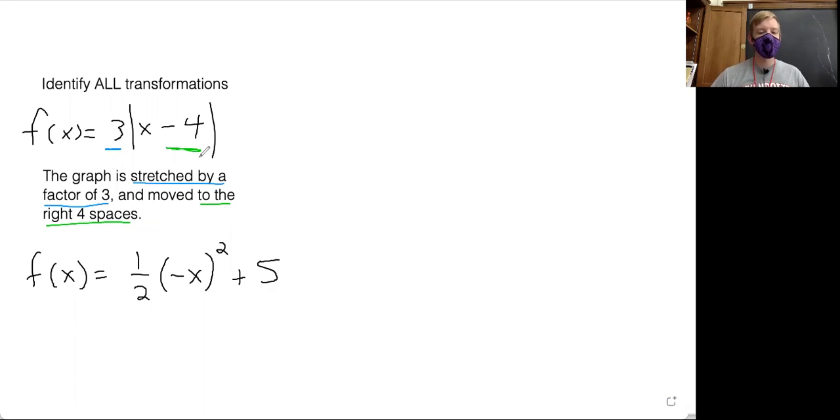On this last example here, we see that there are 3 transformations. The 1/2 provides 1 transformation. The negative here provides another transformation. And then lastly, the +5 also provides 1 transformation. So if we describe these, the 1/2 in front is going to compress our graph,